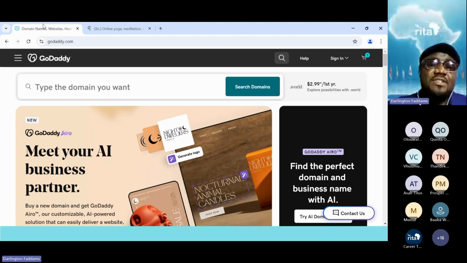Just like companies, to register a company, you need to do name search. So you go to the Registrar General in Ghana or in your country, whatever it is called, then you do name search first. If no one has registered that name, then we say it is available. Then you register it. If we say it is not available or it is taken, it means that you can't have it.